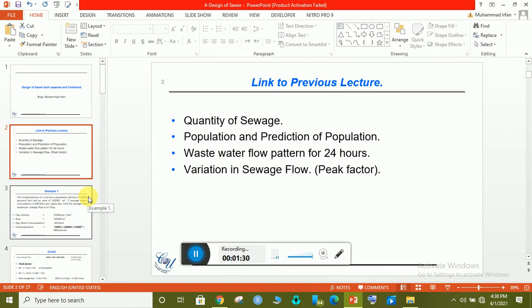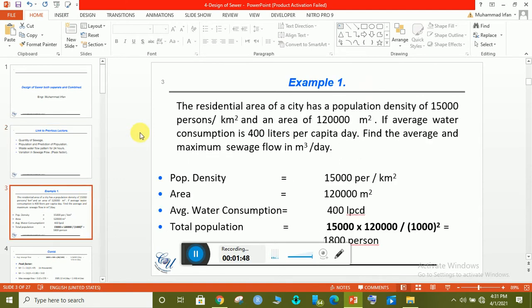In this lecture, we will do some examples, some numericals on how to design a sewer system for separate system and for combined system both. So the first example is, if you have a residential area whose population density is 15,000 persons per square kilometer, and the area of that population is